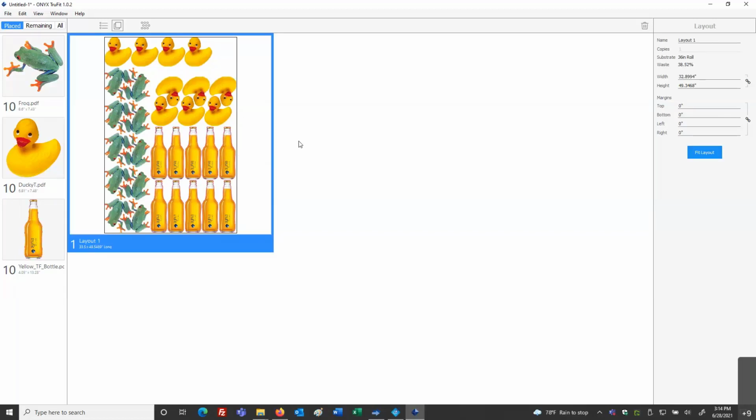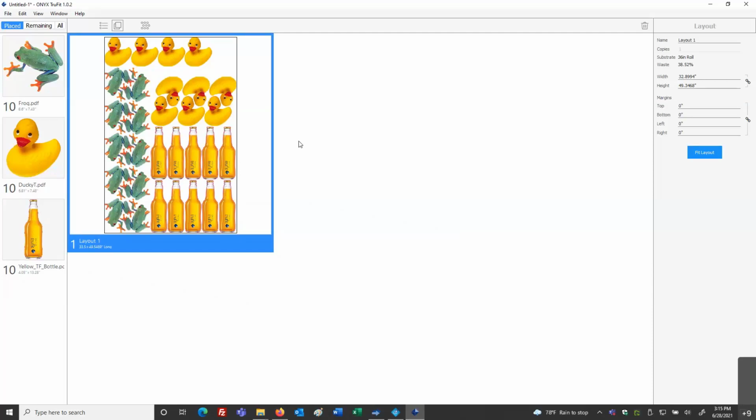All right, at this point, I've got my 10 frog, ducky, and bottle nest with individual cut information associated to each one. I could now save this out as a PDF as you see it here on the screen. This will be a nested PDF with the cut data as I designated: cut contour, score, and through for the 3 different objects.